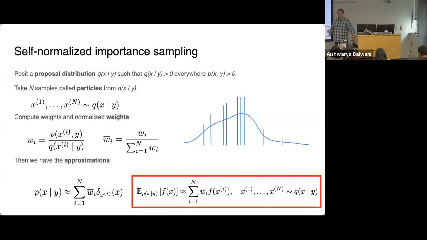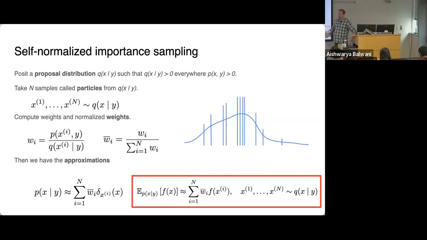And so the way that importance sampling works is that first we're going to draw locations of these particles from some proposal distribution. This proposal distribution we'll call Q. And in general, it could depend on the data that we're seeing. There's very few constraints. The only real constraint is that Q's got to be positive wherever the true posterior distribution is positive. Second, we're going to compute weights under this model. And these weights are going to be the ratio of the joint distribution, the thing that we specified on the previous page from that graphical model, divided by the proposal probability, this density Q. And then once we've got all the weights, we're going to normalize them by dividing by the sum.